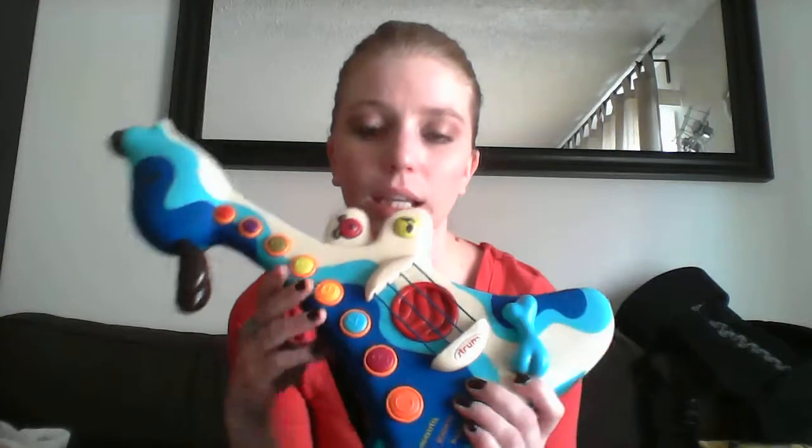Other toys, this dog is, he got this for Christmas. It's a dog guitar. He plays with it in spurts, but I really love it because it actually plays chords or notes or whatever you want to say. I'm not a musician. My brother is, though, and he put his stamp of approval on this because they actually are learning the actual sounds of the chords, and it even has like G, A, B, and all of that,